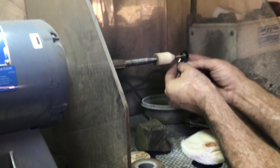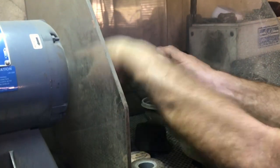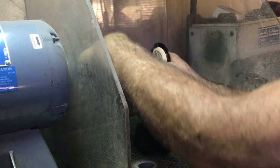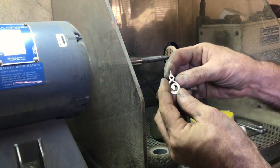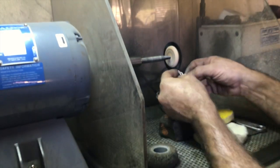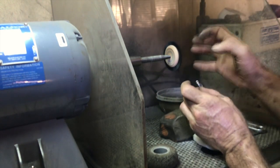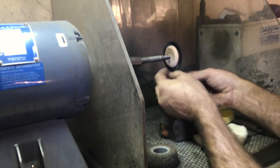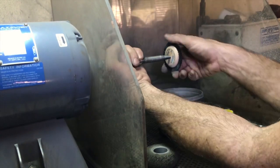So I will brush it. In this one, I will actually use that small one. If I'm going to use the big chuck, it's really nice for maybe a bigger piece where I've got 2 different levels. I'll be able to just brush that. Obviously the bigger the wheel, the faster you can get it done. So I'll use the big one here to brush this. Once the brushing is done,